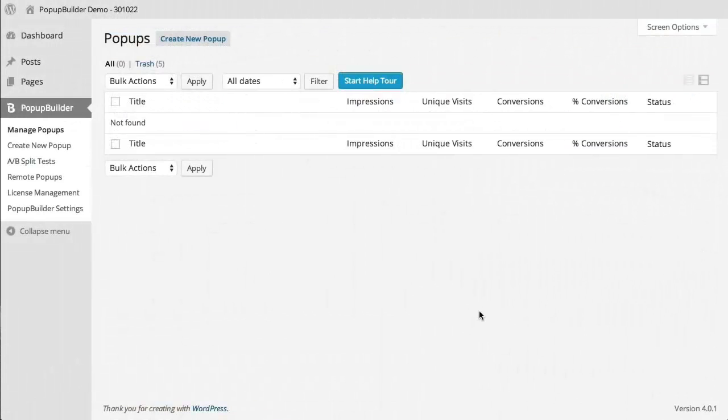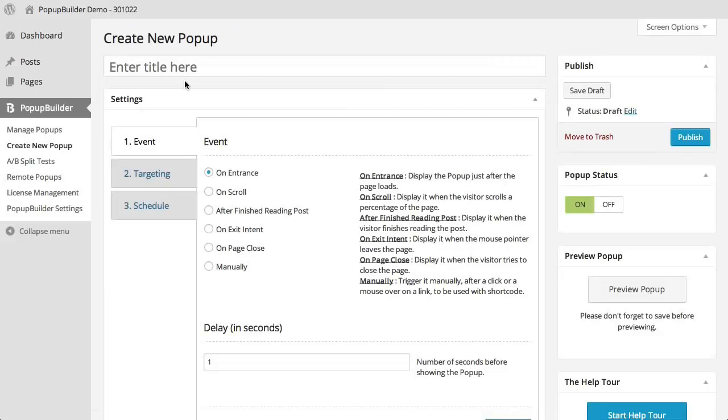So here we are at our WordPress dashboard, and as you can see, I've gone ahead and changed the WordPress dashboard theme, and I did that on purpose to show you how Popup Builder is going to blend with your current WordPress colors. Now, before we create a remote pop-up, we're going to need a regular pop-up for it. And I'll go ahead and create a new pop-up up here, and I'll name it Assassin's Creed